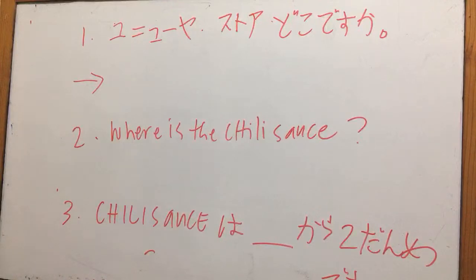So, asoko ni Shiroi Biru ga arimasu. Biru no naka desu. So, if you will have the summary, or if you will just get Shiroi Biru no naka. Okay? Shiroi Biru, the white building, inside the white building. Shiroi Biru no naka. Okay, Shiroi Biru no naka. Next, where is the chili sauce? Where is the chili sauce?